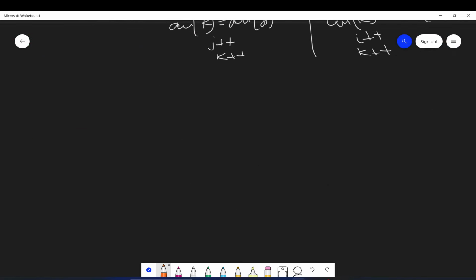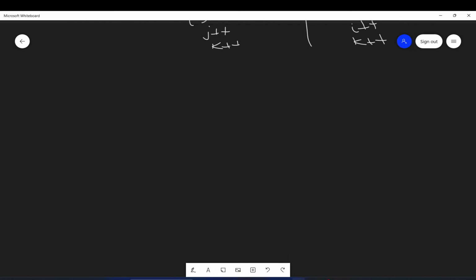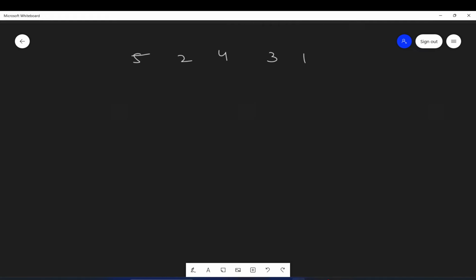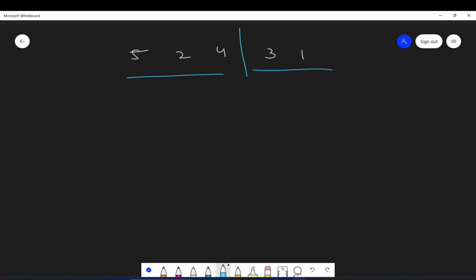Okay. Now let's get back to the original problem which we had. Now you will understand how recursion is playing a part here. If you remember, earlier we had this array, 5, 2, 4, 3, 1. This was the array which was given to us. I told you that you have to assume that this is one array and this is one array, recursion will give you this as sorted and recursion will give you this as sorted.